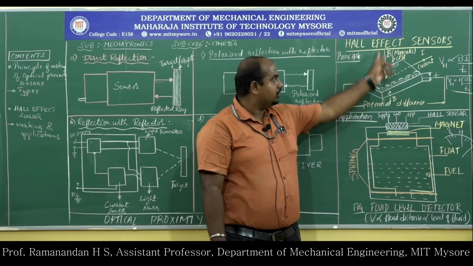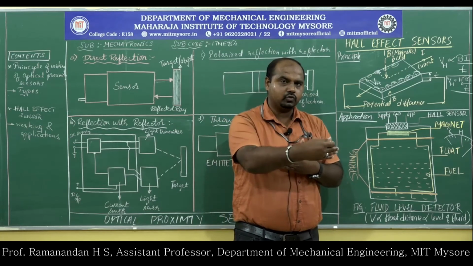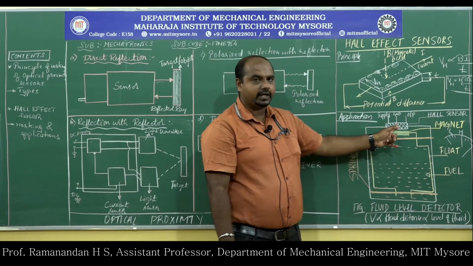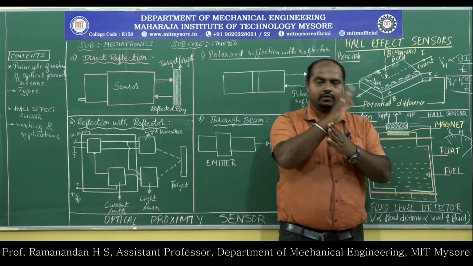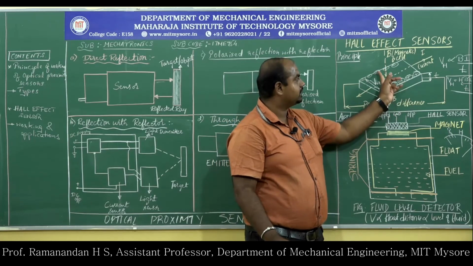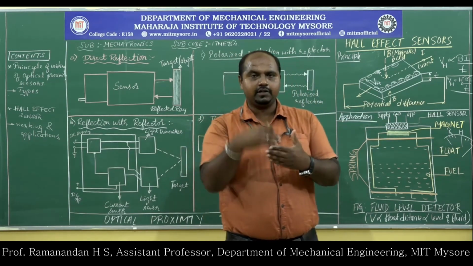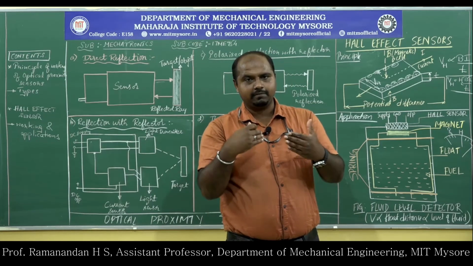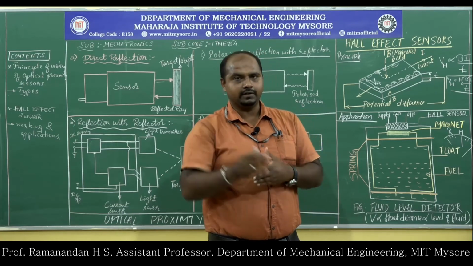You can see here. Since the magnetic lines of force are too high, the Lorentz force is too high on the current carrying conductor, and your detector will be showing maximum deflection, maximum potential difference. That means the correlated output, fuel level is full, is being shown with the help of the magnetic field and electric field. I am measuring the level of fluid.